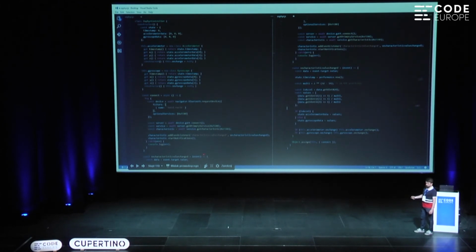This is on my client side, so this is my web app. I created a Zephyr controller, and I model the generic sensor APIs. So they basically have an X, Y, and Z, and they have a timestamp. So every time I connect to the device, I'll set up my characteristic changed.